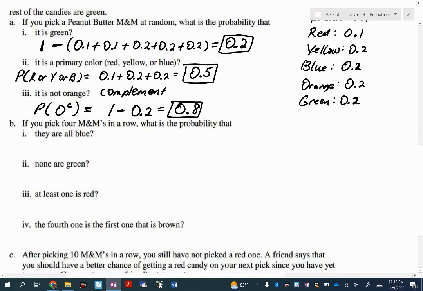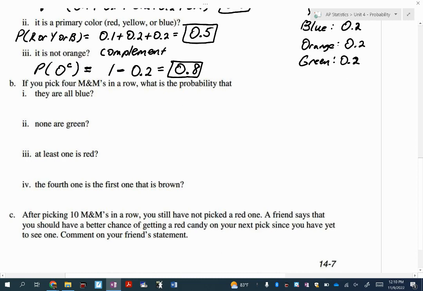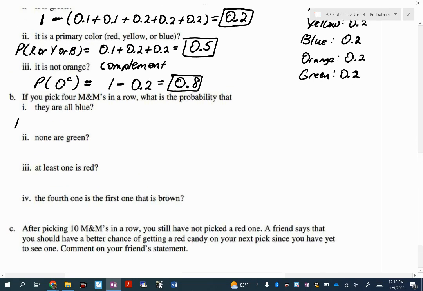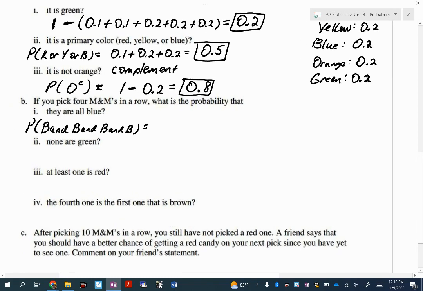Okay, let's make it a little more challenging by doing 4 M&Ms in a row. What's the probability that they're all blue? So this is going to be blue and blue and blue and blue. And notice, we've got the word and, and that tells me that I'm using multiplication. So 0.2 repeated, and repeated multiplication, go ahead and just raise that to a power. So 0.2 to the 4th power